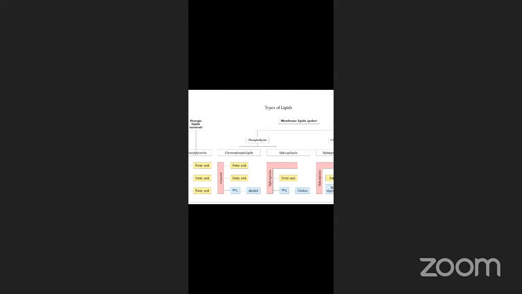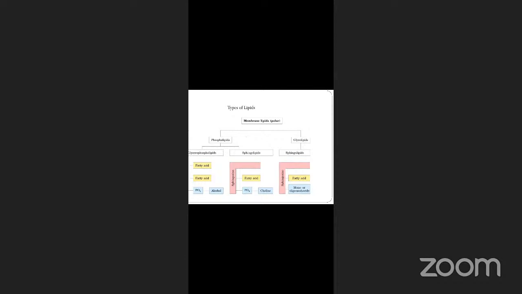In the sphingolipids, we have, instead of glycerol, a sphingosine molecule, to which one fatty acid chain is linked and one phosphate moiety which is linked to choline. Okay. So again, when we discuss the plasma membrane, we have various functional groups like choline. They are called head groups. Choline, ethylamine, serine, all these, they link to the phosphate. So here, choline is linked to the phosphate moiety of the sphingosine. They are called sphingolipids.